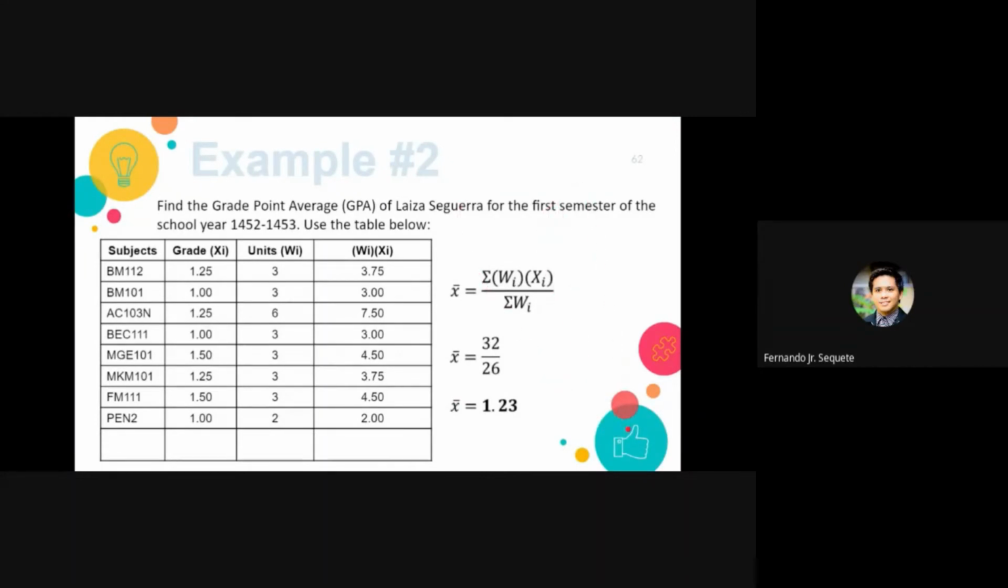Okay? Actually, I gave this example to the other group, and they told me that, sir, that is another way of computing the GPA, because we also have another way. Yes, you can actually do it the other way, but this is also another way of doing it. Question so far? None so far, sir. Okay. Let's try to look at the